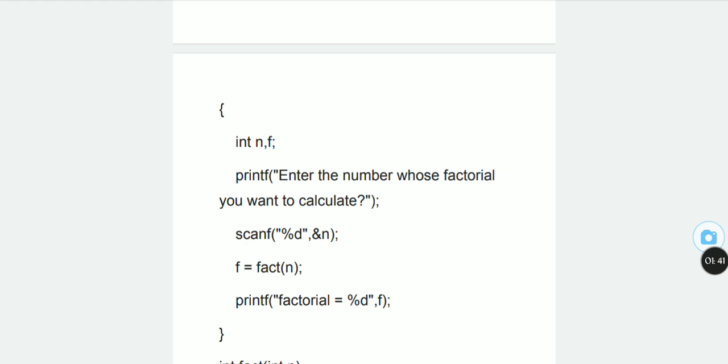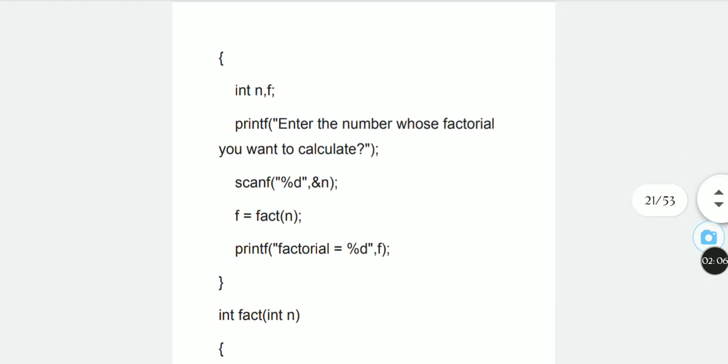That is why I take an integer n. F is for calculating the factorial. The printf statement is used to provide the output and the scanf statement is used to get the input. The ampersand denotes the address of the n value.